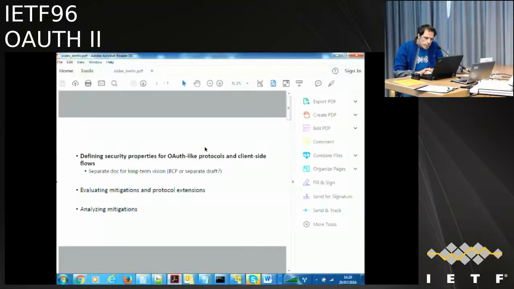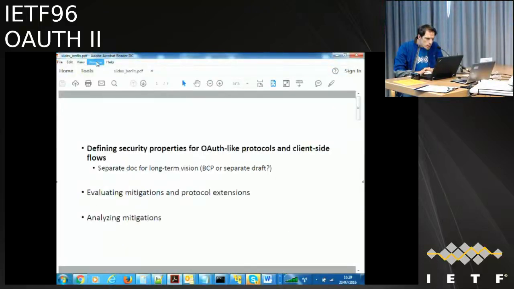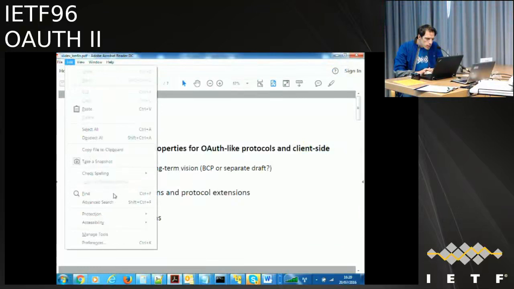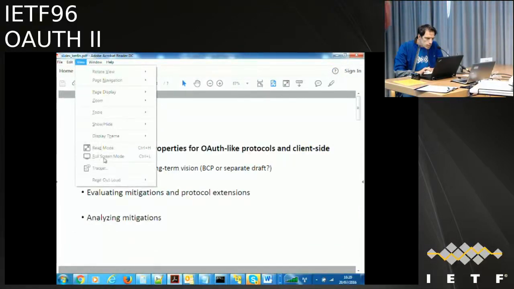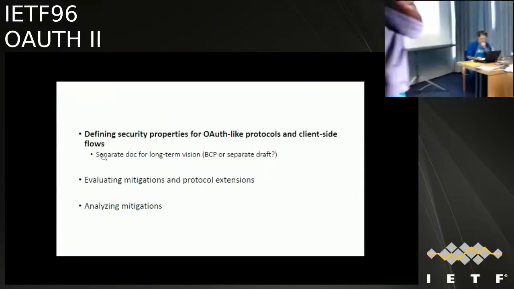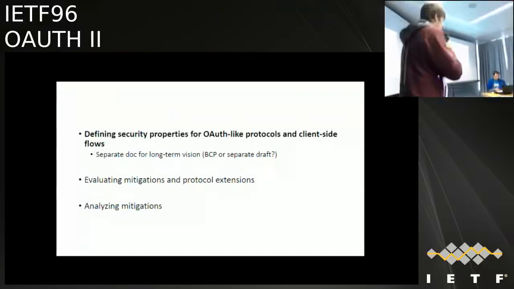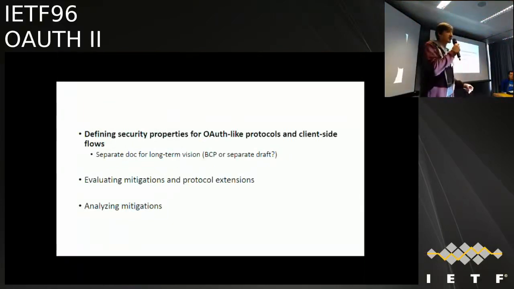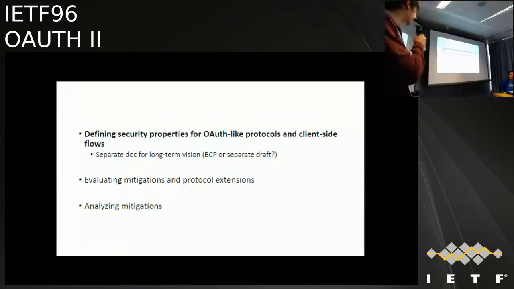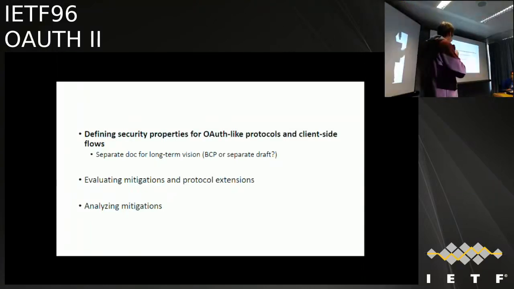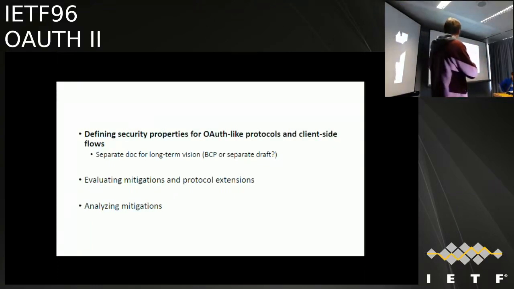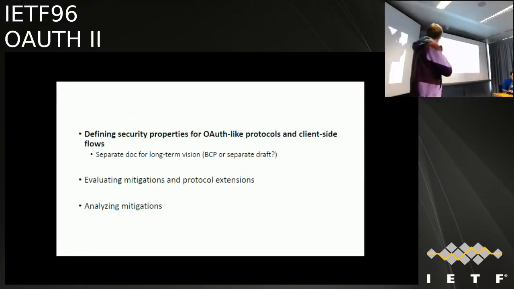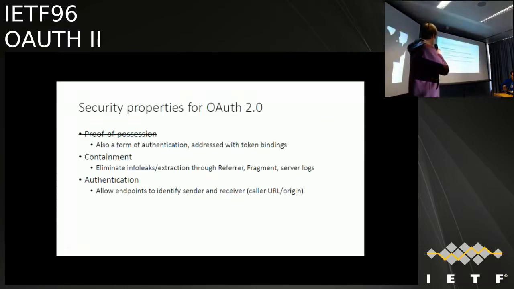Hello. So my slides are not exactly about the mix-up mitigations. This is more the outcome of the workshop. There are 3 outcomes in the workshop. The first is that we might need to have a separate doc. I think we don't need to spend too much time on the document management thing, I think it's just the evaluation thing. Okay, so you can turn to the next slide. Okay. And then one slide more.